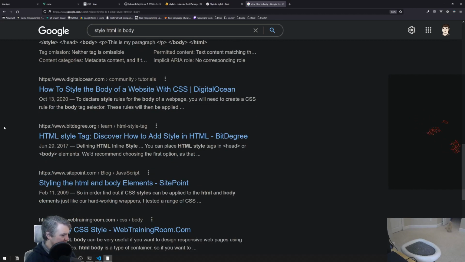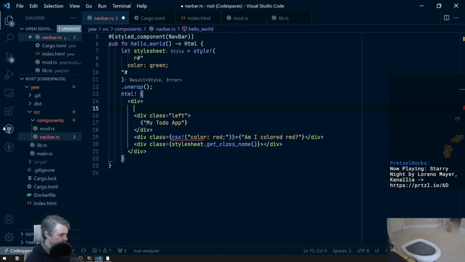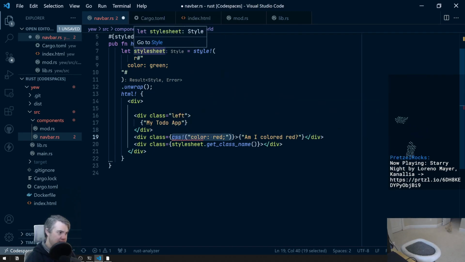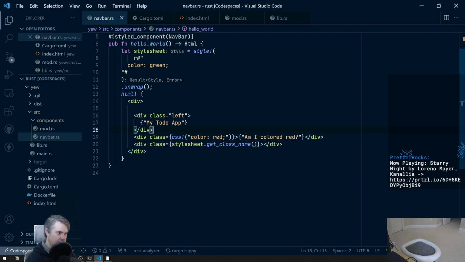I guess the other choice is to put it here. So this is CSS directly in this class and it creates a style sheet. This creates the style sheet. Oh, do I just do class, get class name, and then